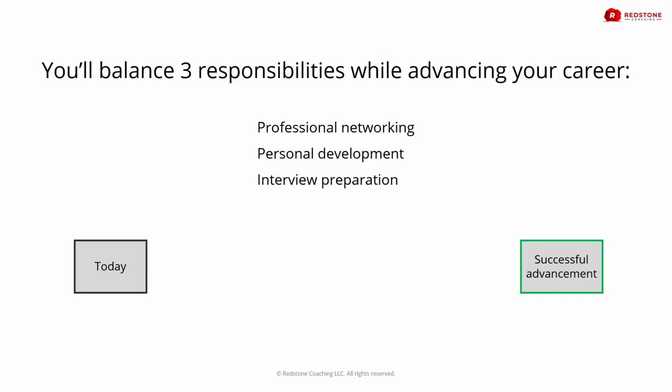So there are 3 main things that you have to do simultaneously in order to advance your career. The very first thing, which we've already talked extensively about, is professional networking. Think of professional networking as a part-time job. It has to be done. It cannot be pushed to the side or procrastinated or only done 1 day a week. It needs to be consistent. Again, you're building a fire. You're building this networking fire by reaching out to 10 people every day and getting calls, building relationships over time consistently.